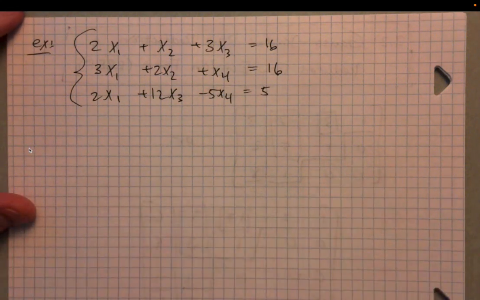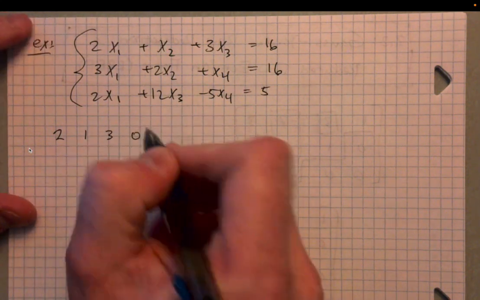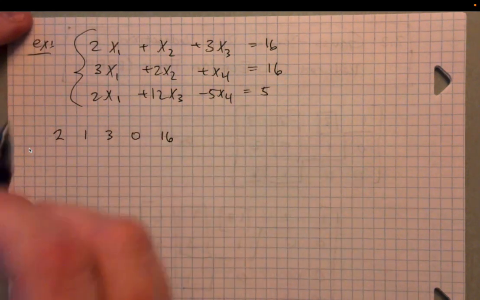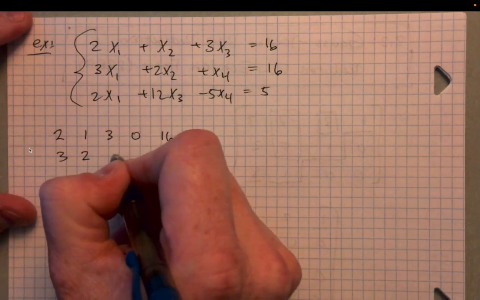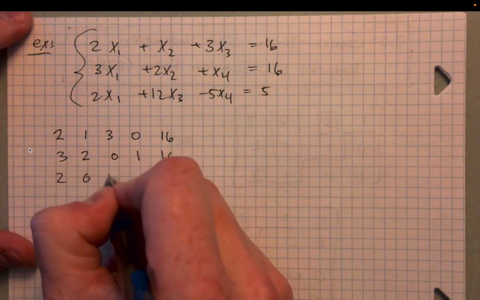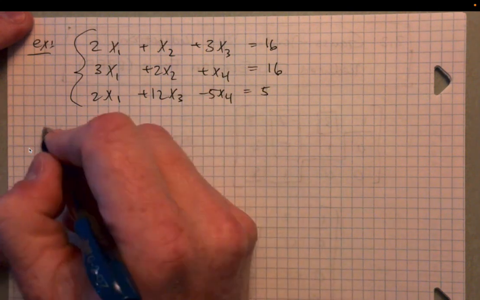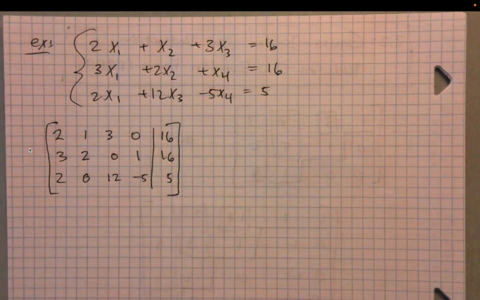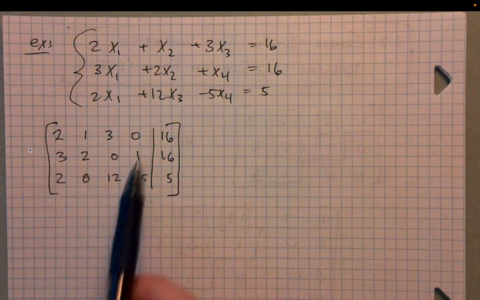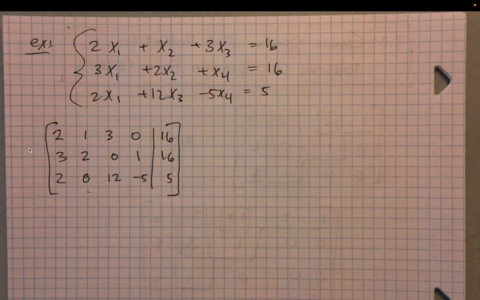So we can plug this into an augmented matrix. And we have 2, 1, 3, 0, 16, and then 3, 2, 0, 1, 16, and then 2, 0, 12, negative 5, 5. Okay, so our augmented matrix would look like this. Again, this is the coefficient matrix on the left-hand side and the scalar matrix on the right-hand side. Okay. And so we can go through this and we can